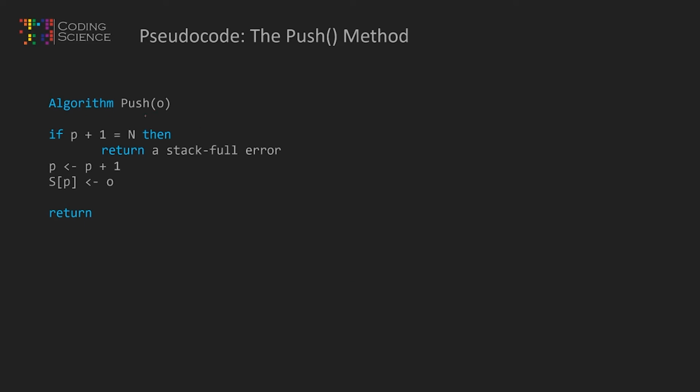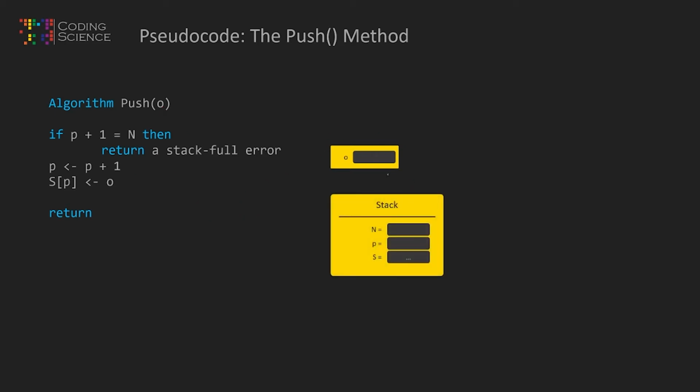So we start by using the push function and putting an object. So we'll need the object O here, that will be that box. Next, we'll need a representation of our stack with the variables n, p, and the stack itself S. But as you can see, the stack itself, depending on the n number here, will have a different size. So we'll first decide how big we're going to have our stack, how many cells we're going to have,